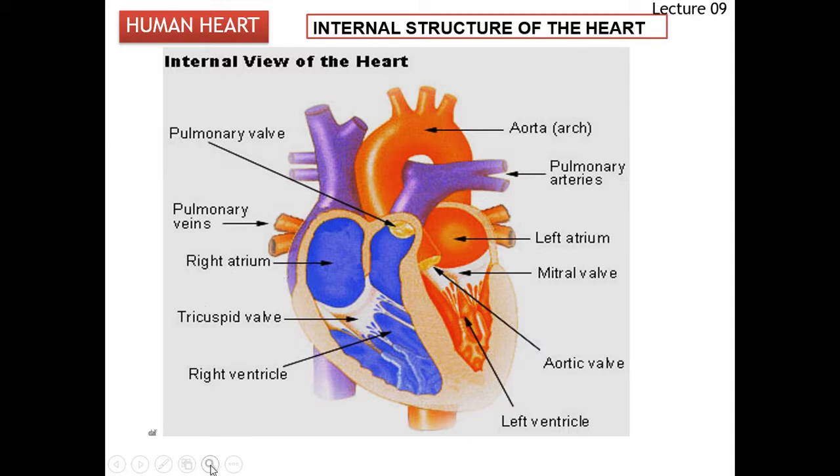Here it is the right atrium. You can see it is the right atrium. This part is nothing but the right atrium, and this part is the left atrium, and these parts are guarded by walls. The atria and ventricles are guarded by these walls. There are different types of walls present in the right atrium and left atrium also, between atrium and ventricle, and in the aorta and pulmonary veins, they carry different types of walls.